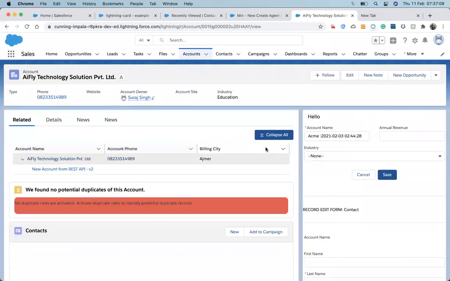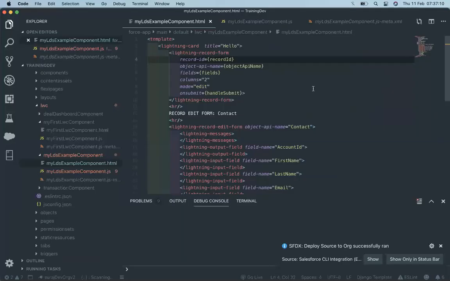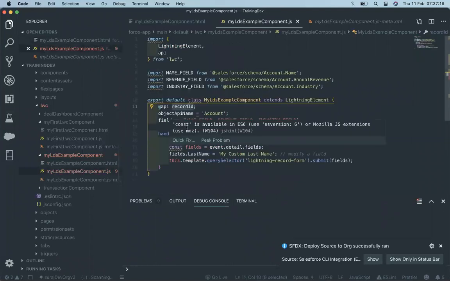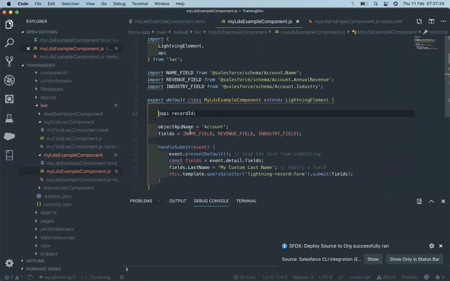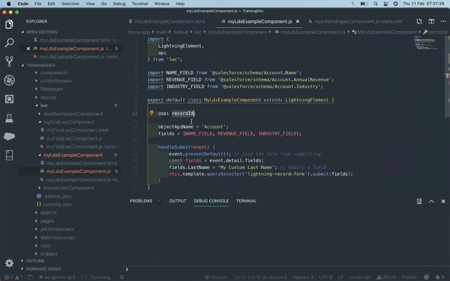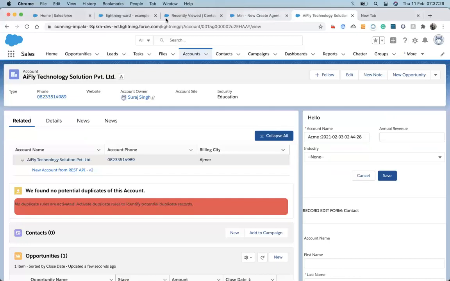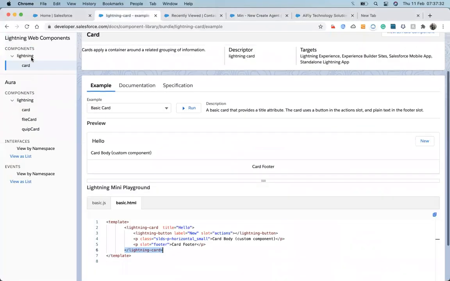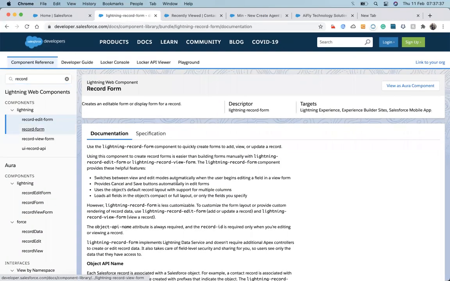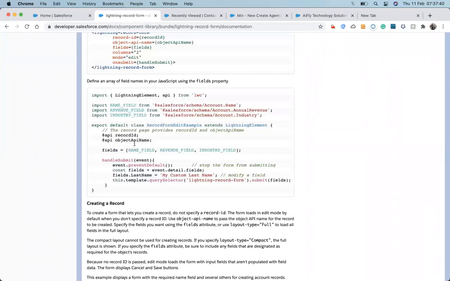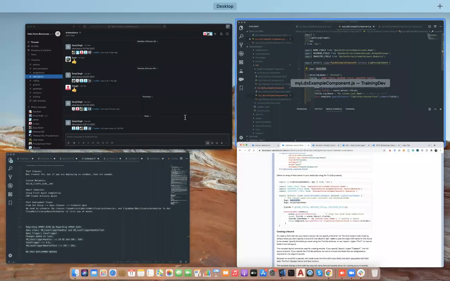It's not behaving. I added the @API. The spelling is correct.